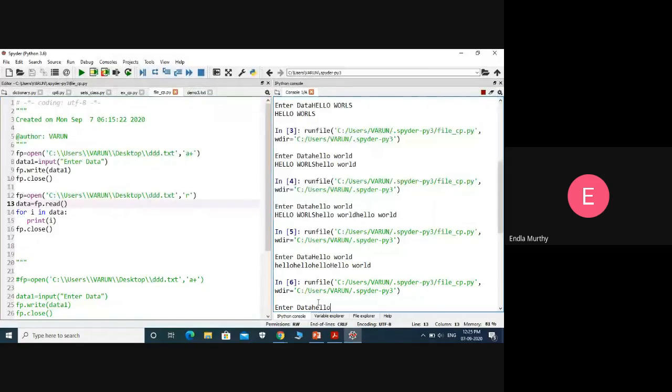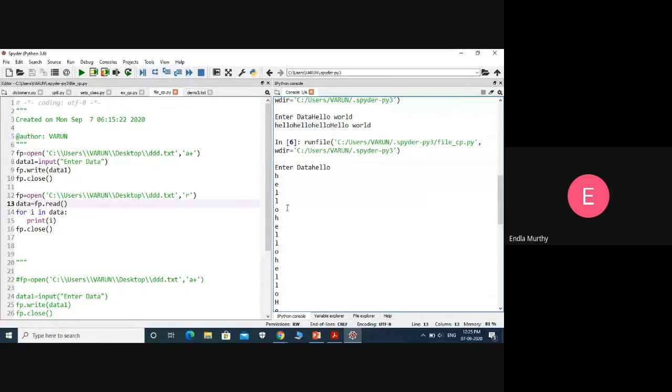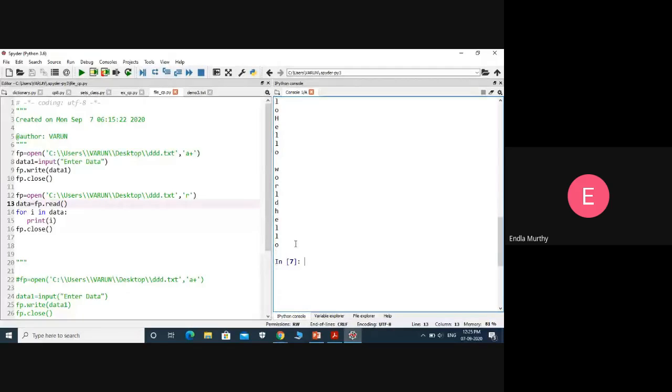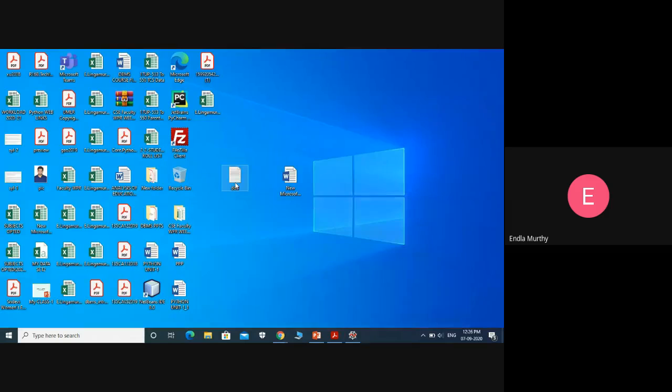So I'm providing the data now. If you observe, here we are reading character by character, if we use the function read. But if you use readlines, and I have another function readline, you observe here, readlines is different from readline. If you use readline, it reads only a single line of the file. Of course, in my file I have only a single line, so that is what it reads.